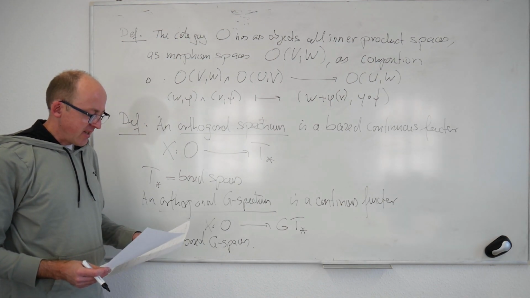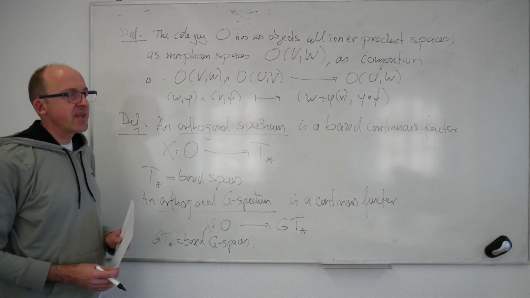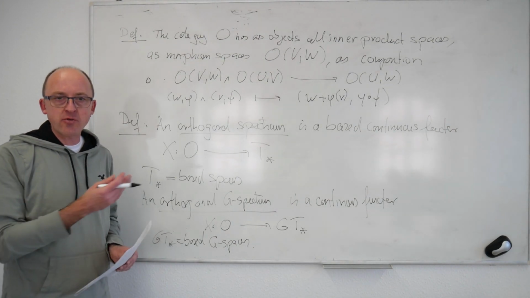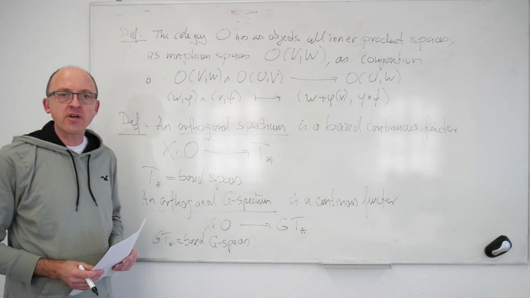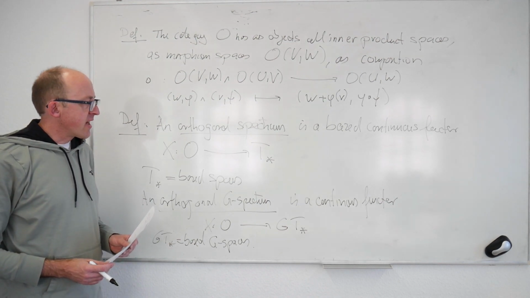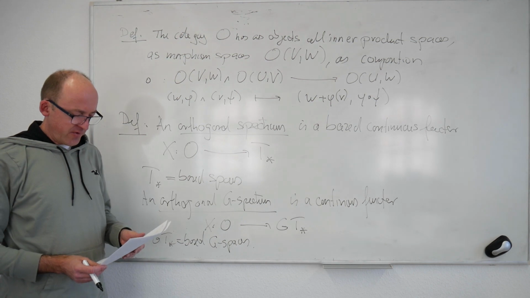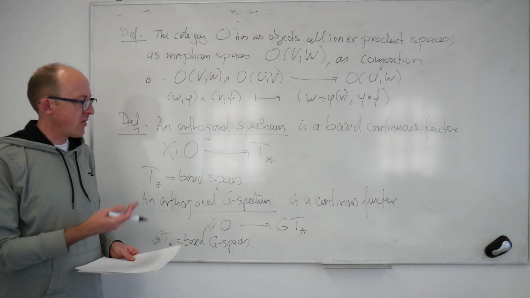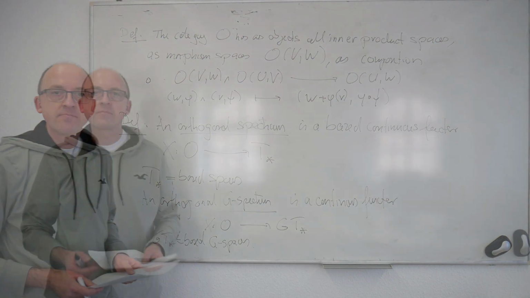Alright, so this is the basic setup. Now we have all the main definitions on the board. As I said a number of times, you're supposed to have already seen orthogonal G-spectra before, otherwise look at some of the references. I will also review a little bit of notation now that goes along with this, and then eventually I will get to the equivariant homotopy groups. But now I have to erase the blackboard again.